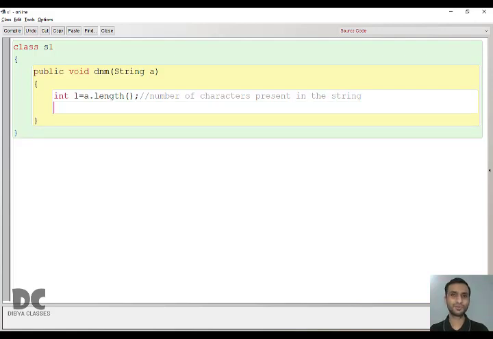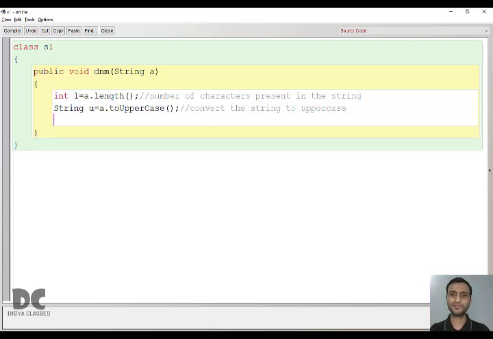Then it has asked you to convert it to uppercase and lowercase. String u for uppercase, equal to a.toUpperCase. So this function will convert the string to uppercase, and we have to do the same for lowercase.